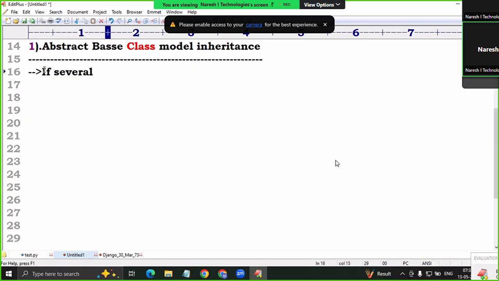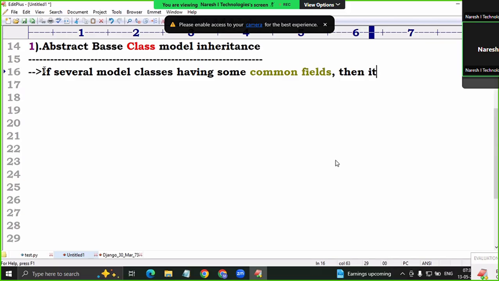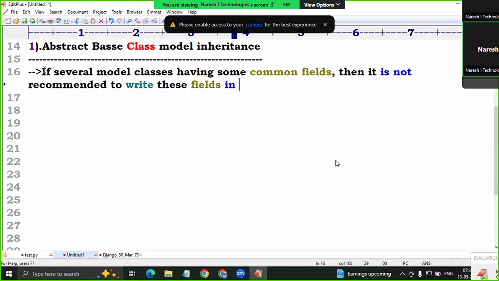If several model classes have some common fields, then it is not recommended to write these fields in every model class separately,